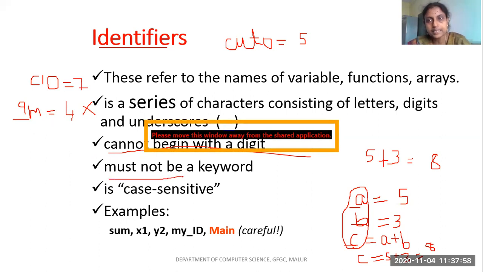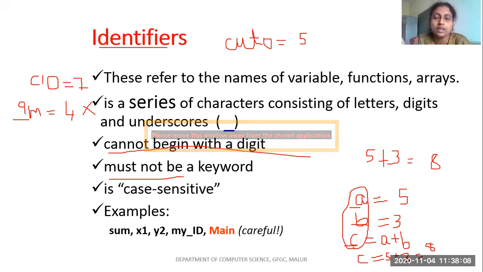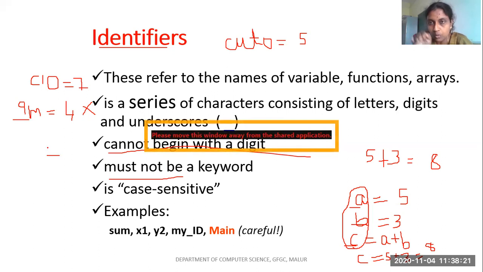Clear? And next one, special symbols. In yesterday's class, we discussed special symbols: asterisk, comma, slash, plus, minus, everything comes under special symbols. Whenever I give a name, I should not use any special symbol. Even a space I should not use, except a special symbol called underscore. See, like this, M underscore N I can use.